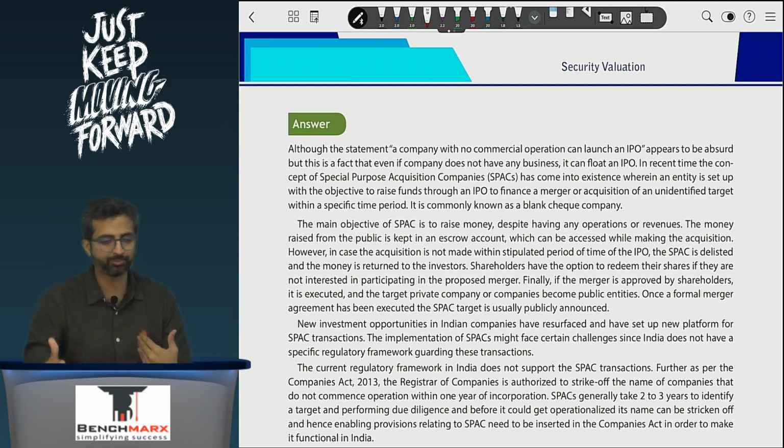SPAC has a time frame, maybe 3 years, 4 years, 5 years. They say within that I will buy the company. If not, I will give you your money back. But I will usually buy a company and then try to turn it around and give you the money back. It's a fairly risky proposition, and hence in India SEBI is not very comfortable having